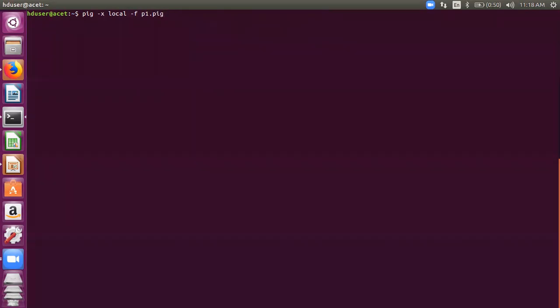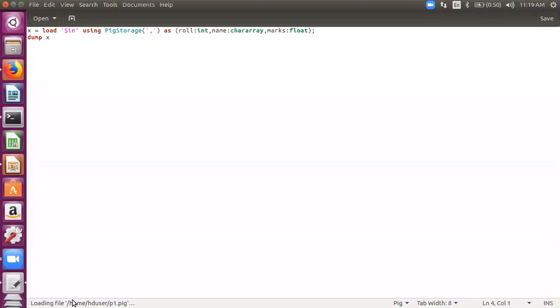Remember what is there in our p1.pig? We have not given the file name there, z1.txt. I'm saying that this command, if I run it now, will not run, simply because if we see the contents of our p1.pig file, it is there.